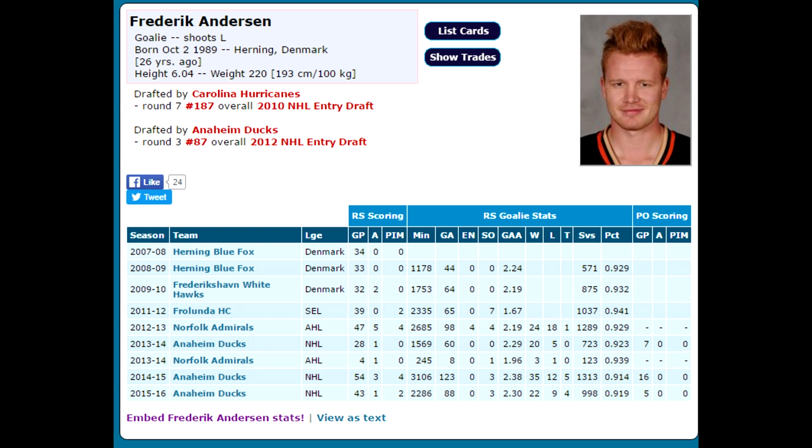The thing that makes me a little bit concerned is that he's always played on a stacked team. Look at his numbers, and that reflects the type of team that he had. He has had nothing but amazing players surrounding him. Now going to Toronto is going to be a little bit different. I hope that Toronto does well. I think I'm an in-the-closet Toronto Maple Leaf fan. I'll never cheer for them, but I hope that they do well, and I think Frederik Andersen is going to be that guy. He only has 125 games of NHL experience, and it's all been with a stacked team. So it's going to be a little bit interesting to see how that works out, but I love the trade